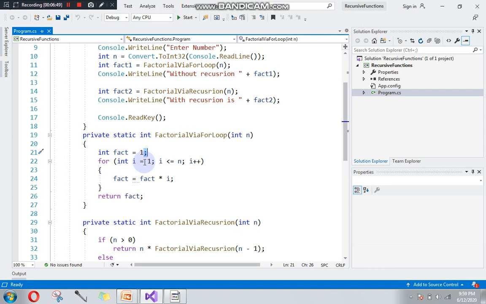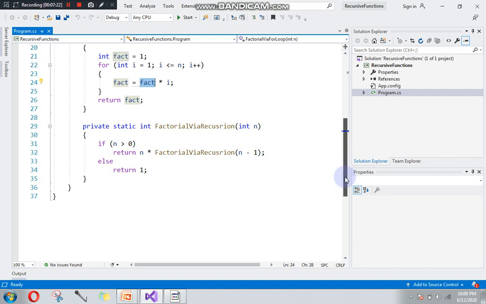The one thing we need to note here is the initialization of this variable with 1. This is important. If you declare the variable and initialize it with 0, the final output is going to be 0. Also we need to note that i starts from 1, and we are going to compare until less than or equal to. If I start with 0, it is again going to be 0. So these are the two things we need to note when we write this program using a for loop.